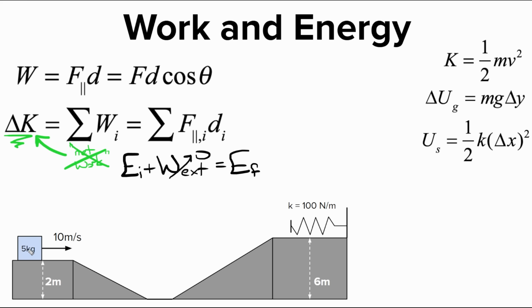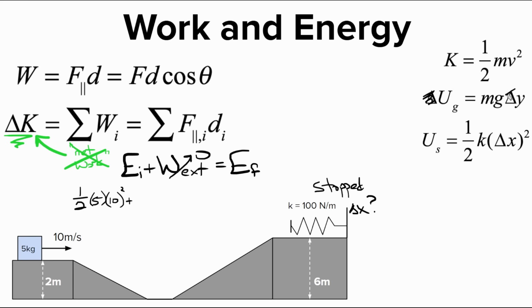So let's try this problem out. Let's say this 5 kilogram mass flies down here and it gets stopped by the spring fully, and I want to know, how much did the spring compress when it fully stopped it? All right, we'll do conservation of energy. We include everything. What kind of energy does this mass have? It has kinetic energy because it's moving. If you're moving, you've got kinetic energy. So I've got 1/2 times 5 times 10 squared, plus